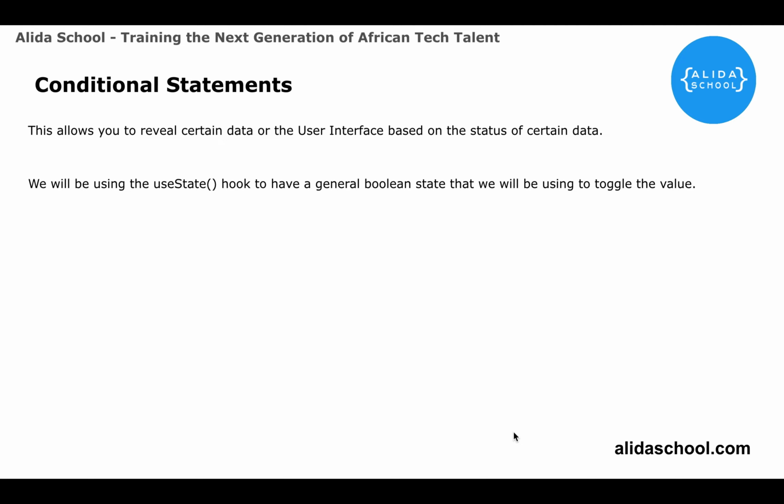Welcome back, guys. In this slide, we'll be learning about conditional statements and how to reveal or hide an element based on the status of another element. Now, this allows you to, like I said, reveal certain data or the user interface, rather, based on the status of a certain data. Now, we'll be using the useState hook to have a general Boolean state